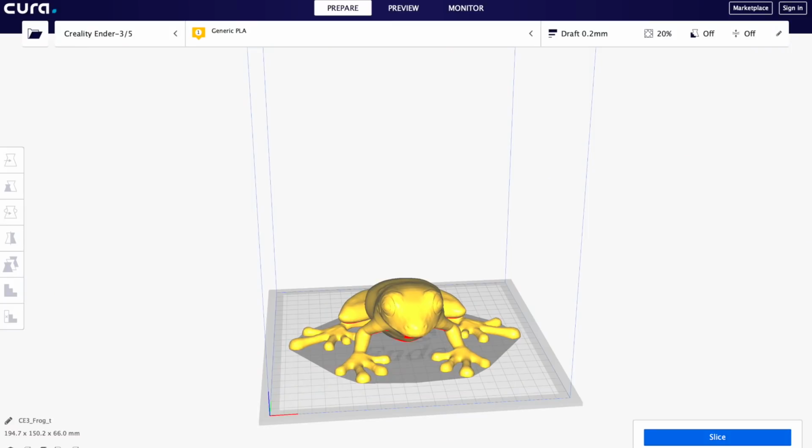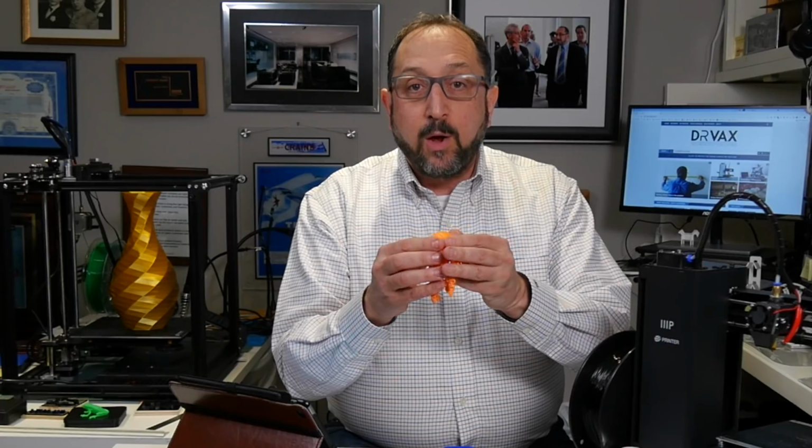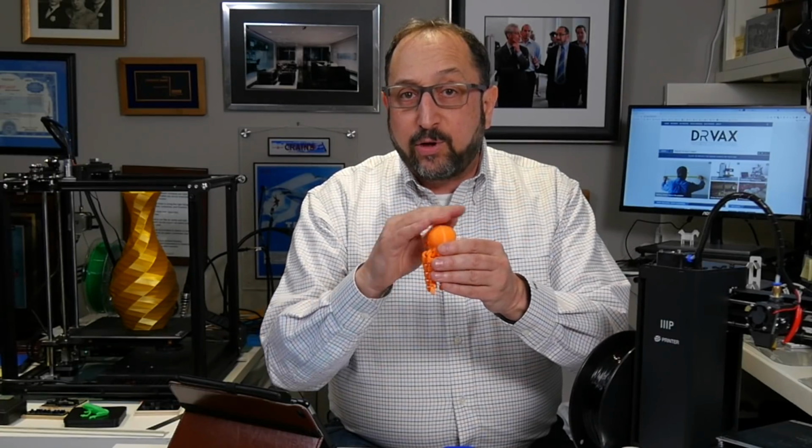Now, if we look at this slicer at Cura, we'll see on the right-hand side, there are a series of very simple parameters you can set. You can set the quality, draft, higher resolution, lower resolution. You can select the amount of fill. The amount of fill is how dense the model is. When you print a 3D model, you don't fill it in as a solid model. That would use a lot of wasted plastic.